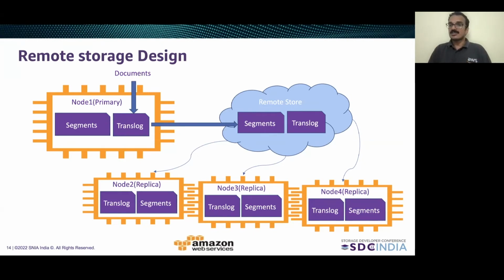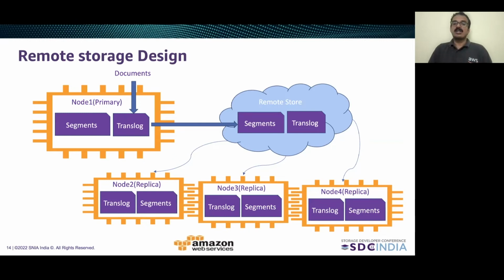Why do we need translogs? The translogs are needed in case of failovers. Imagine a scenario where node 1 fails, which is the one primary node which is uploading the data to the remote store. One of node 2, node 3, node 4 has to be promoted to primary so that it can